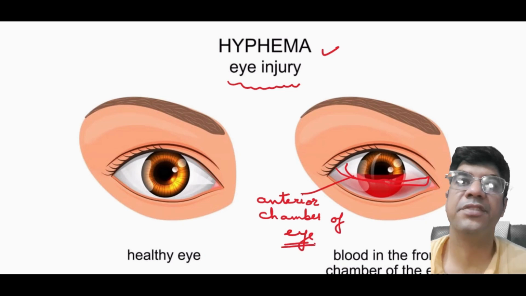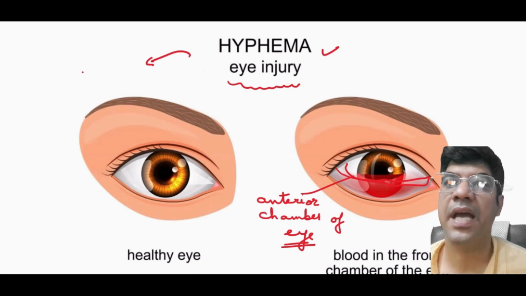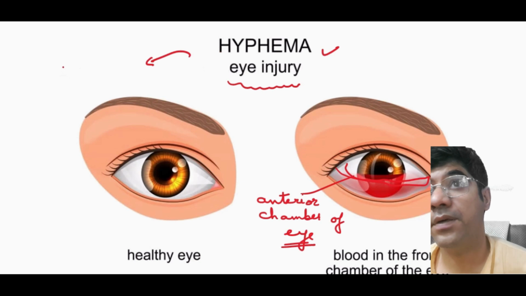That is the space present between the cornea and the iris. So why does this condition occur? It is generally seen as a result of trauma to the eye,